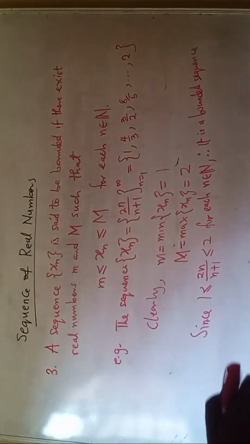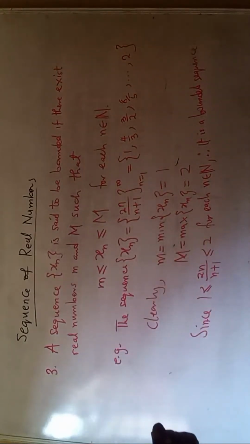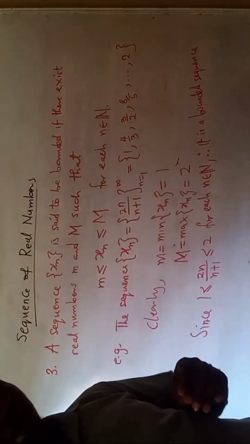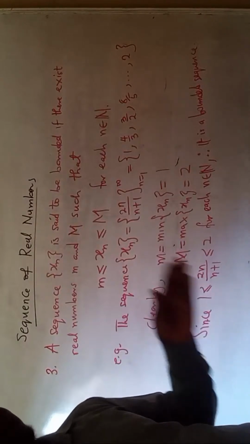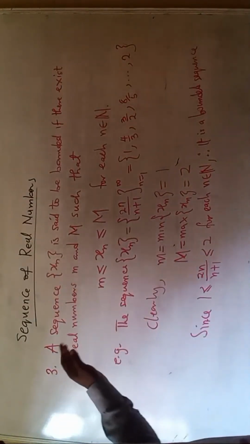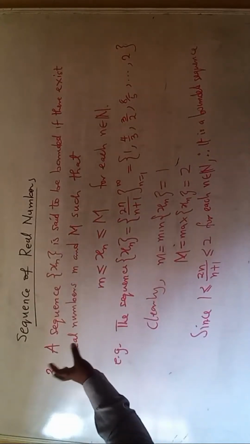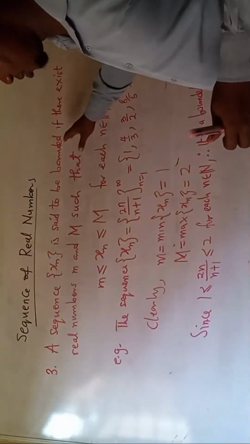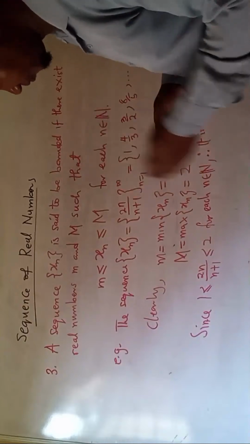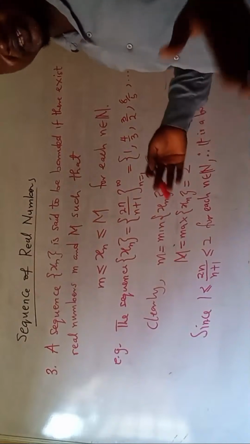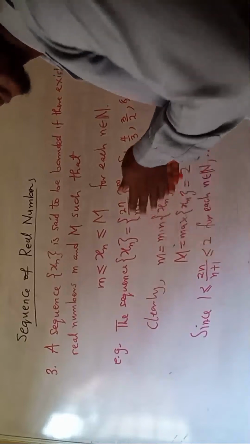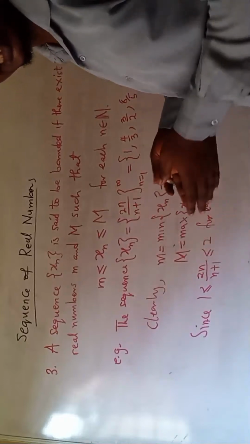Okay, I think that is taken now. So now we can have any other example using the previous examples of sequences that we have considered. Next, I want to give a formal definition of a bounded sequence. This is also a bounded sequence, but I want to give you another formal one. I want to identify sequences that are either bounded or not bounded.